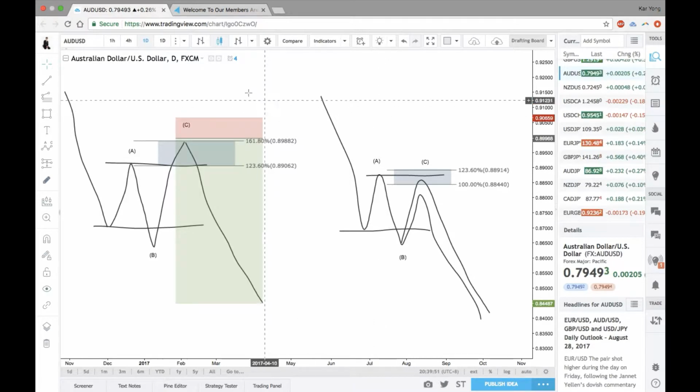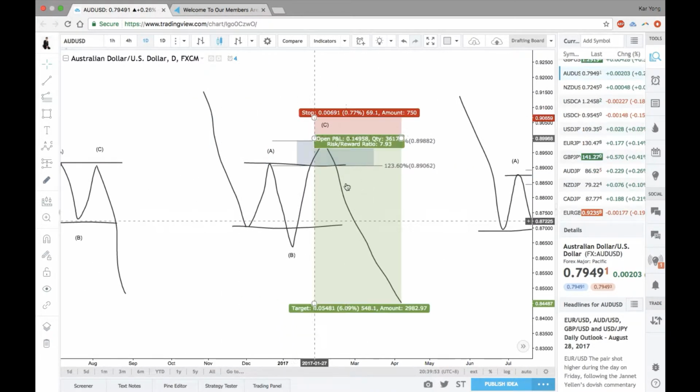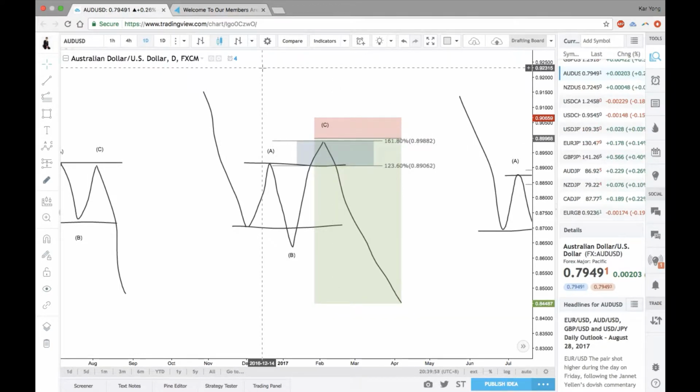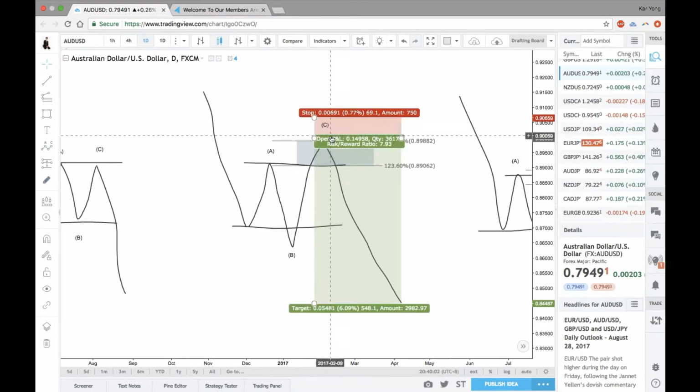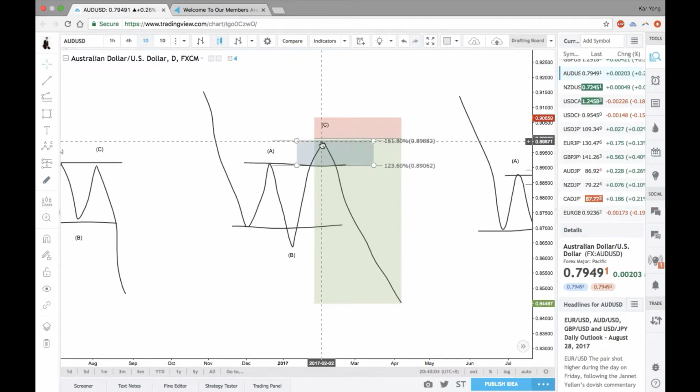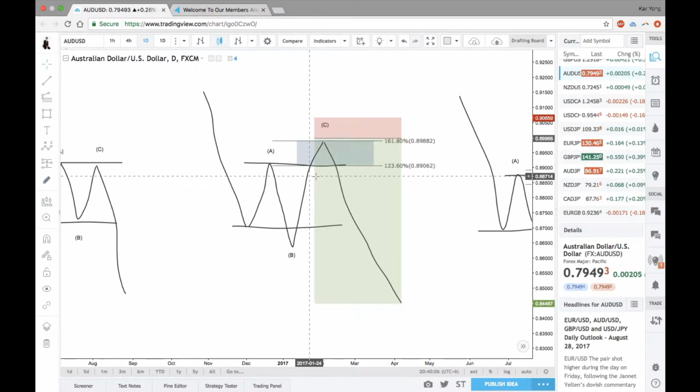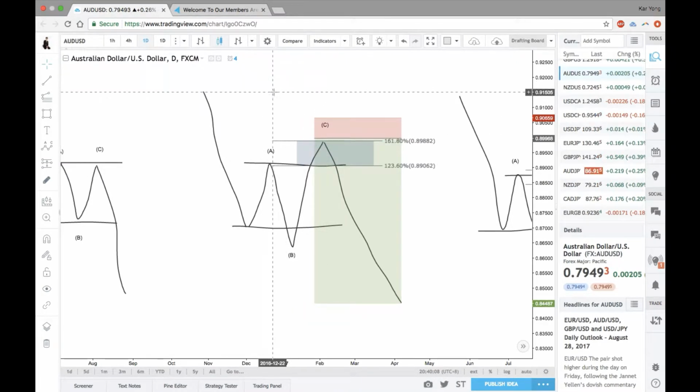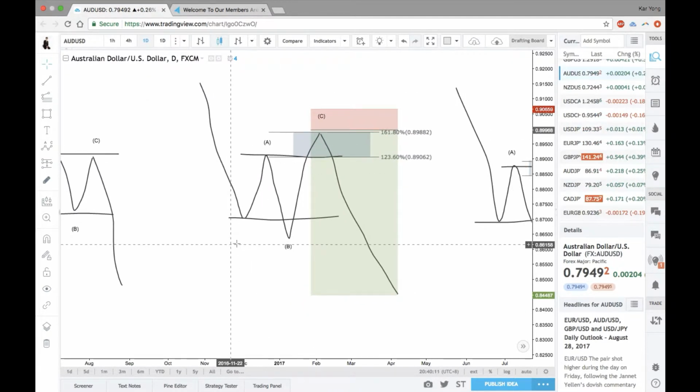Okay, so when I mentioned that if you want to trade flat, we always focus on the expanded flat. So how do we identify the characteristics of what an expanded flat is going to look like? That means, how do you identify the likelihood that your expanded flat is going to end at this area? Okay, so the first key thing that you want to focus on is, if I zoom in to this,